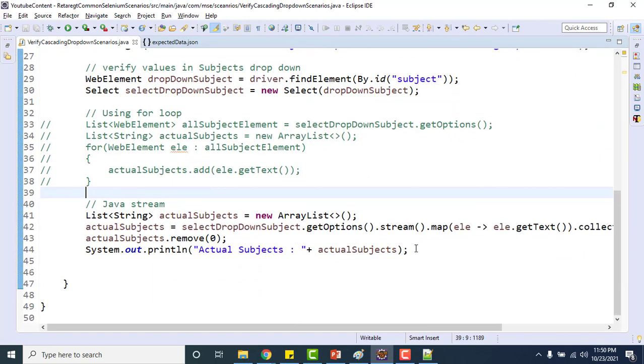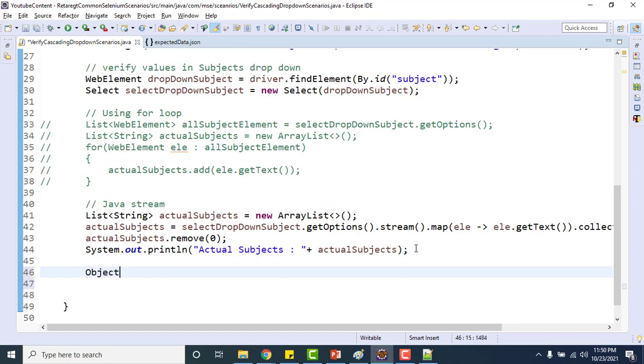So in Jackson we have a class called ObjectMapper. This is the important class which is used to read and write JSON. There are so many usages of it, but in simple words, if you are a beginner, we can use this for reading and writing a JSON file.